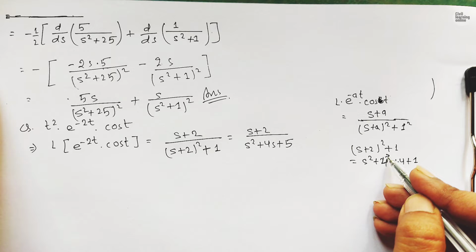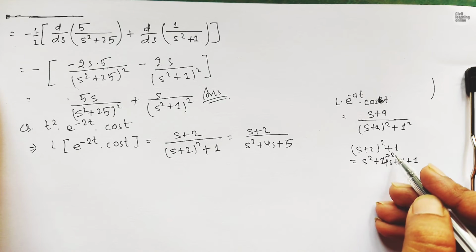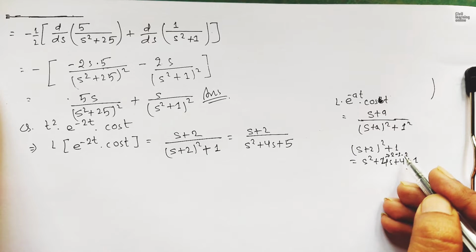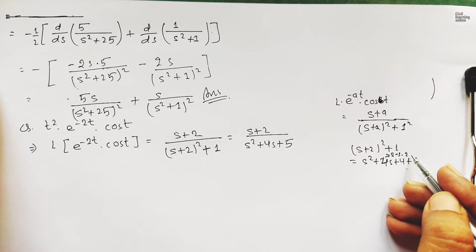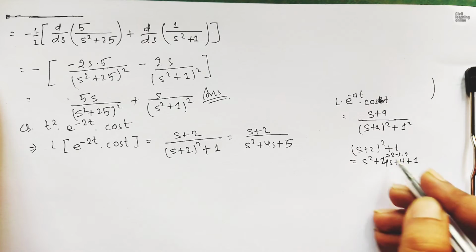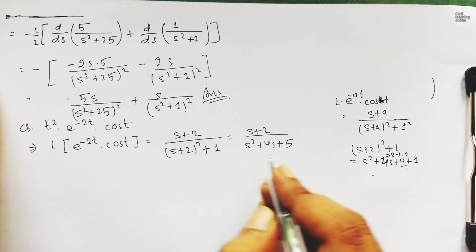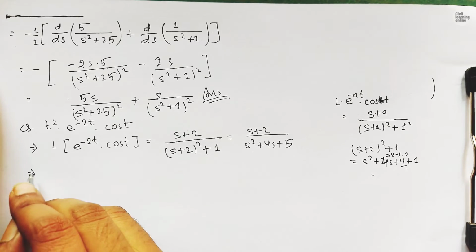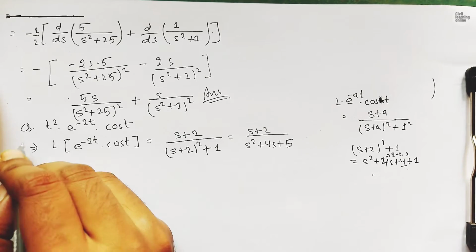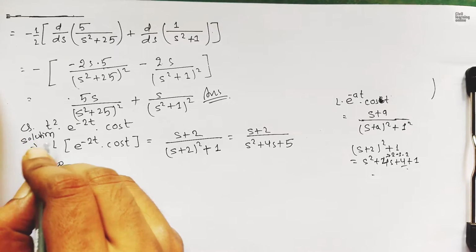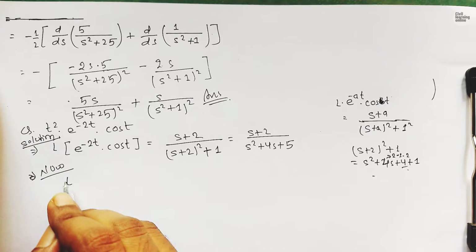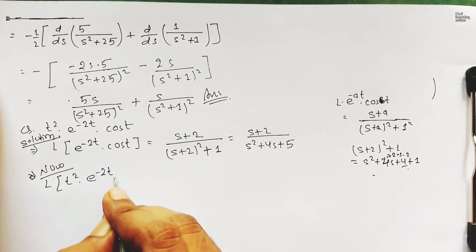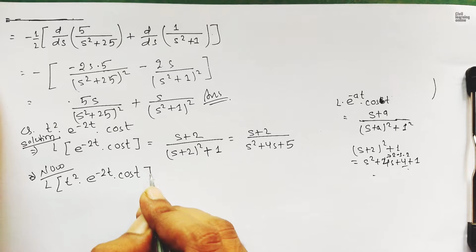Why 4? The (a plus b) whole square formula is a square plus 2ab, where a is s and b is 2, so 2 times s times 2 is 4s, and b square is 2 square, which means 4, plus 1. So this gets s square plus 4s plus 5. Now the Laplace transformation of t square times e to the power minus 2t times cos t will be given as